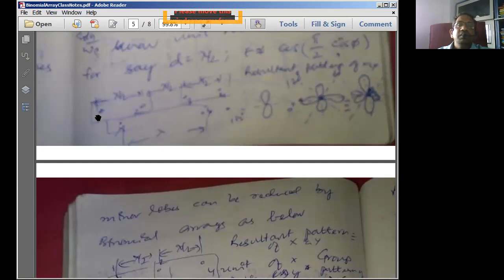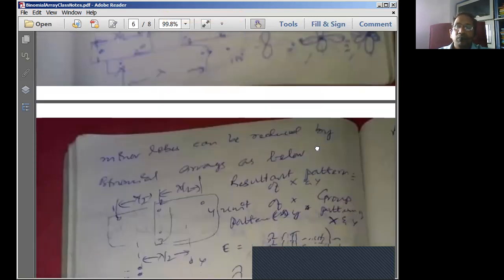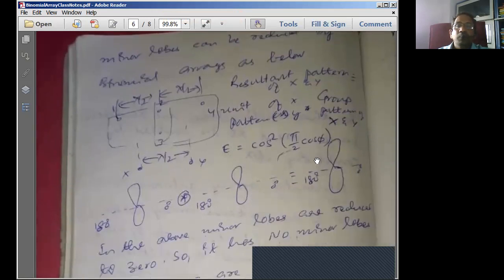From these two antennas we can form one group, x1, and x2 group. Now this is the group of antennas separated by lambda distance. The radiation pattern is going to be the group pattern multiplied with the single radiation pattern of a single antenna, and we normally get this kind of radiation pattern with many minor lobes. These minor lobes are unwanted, so we have to simply avoid them.